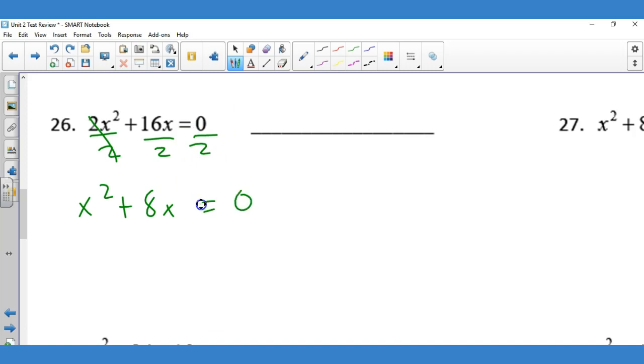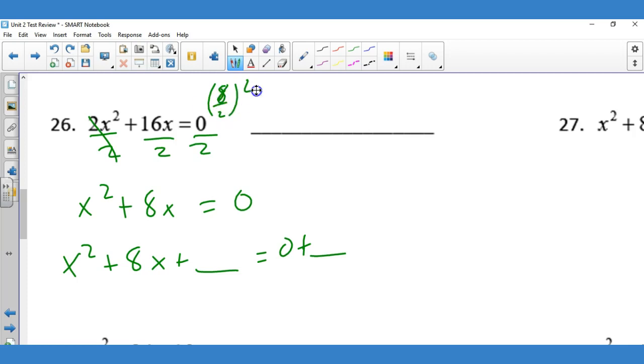Okay? So now I'm going to go ahead and add our blank that we're going to fill in. Alright. So here we go. We take our 8. Our b divided by 2 and squared. 8 divided by 2 is 4. 4 squared is 16. So when we do that, we're going to get,